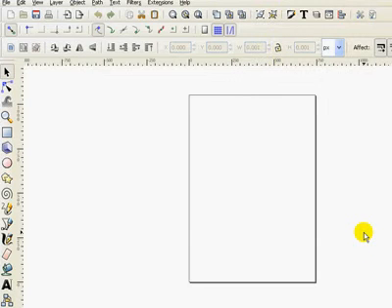Okay, I'm just going to show you how to create a template that will make it a lot easier to design cartoon portraits. So obviously we're in Inkscape, and the first thing we want to do is make the page we're working on the right size. So I'm going to click this button here,